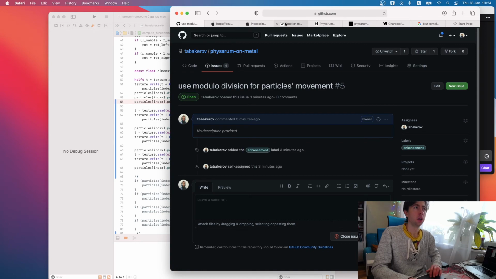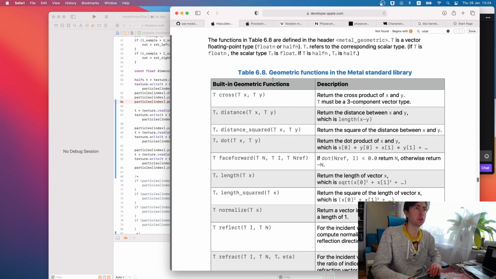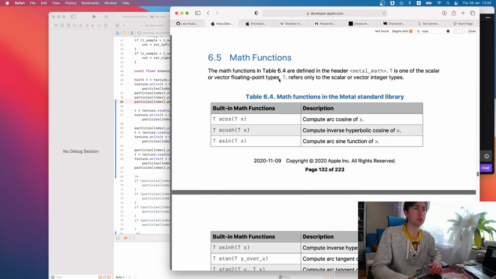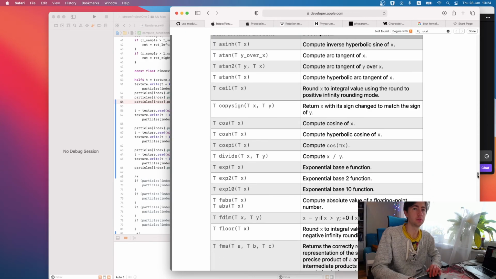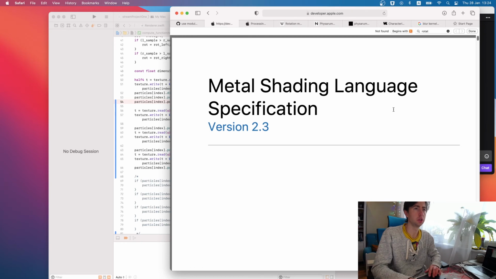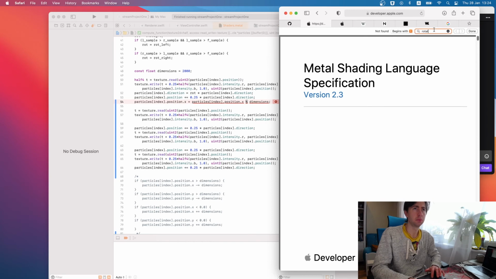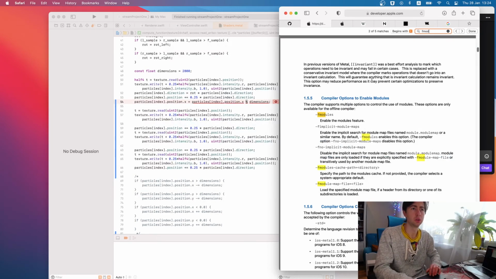Okay, let's go and check this reference. Metal shading language specification. So it has something called fmod, or modf.